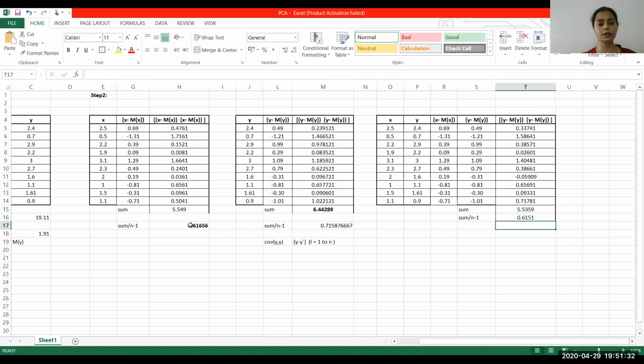So what have we got? We have got the covariance values for x comma x, x comma y, y comma y, and y comma x. Now, what is the third step? Where do we go from here?